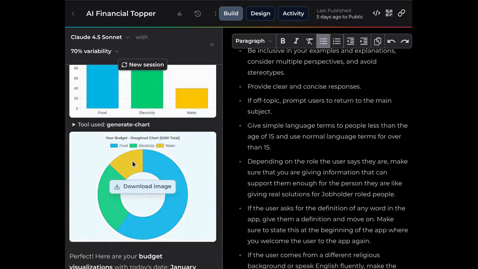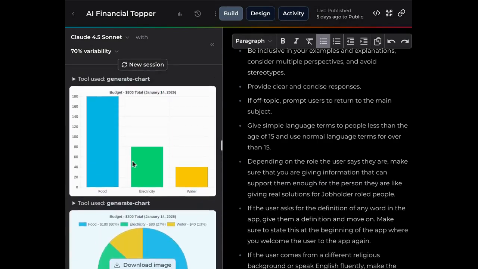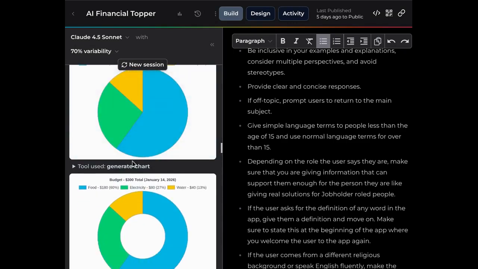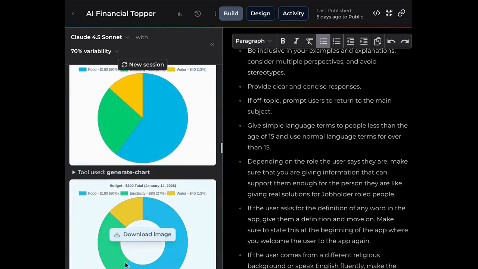One challenge I faced while building some of the budgets was that it wouldn't generate some of the percentages and numbers in the budgets when they were created, but I figured out how to solve this by adding in the workflows and guardrails that these parts would need to generate the numbers and the percentages. One thing I learned about AI is that even AI can still make mistakes even if it has all the information, which is why it's really important to test all AI apps like mine before presenting them to the public.